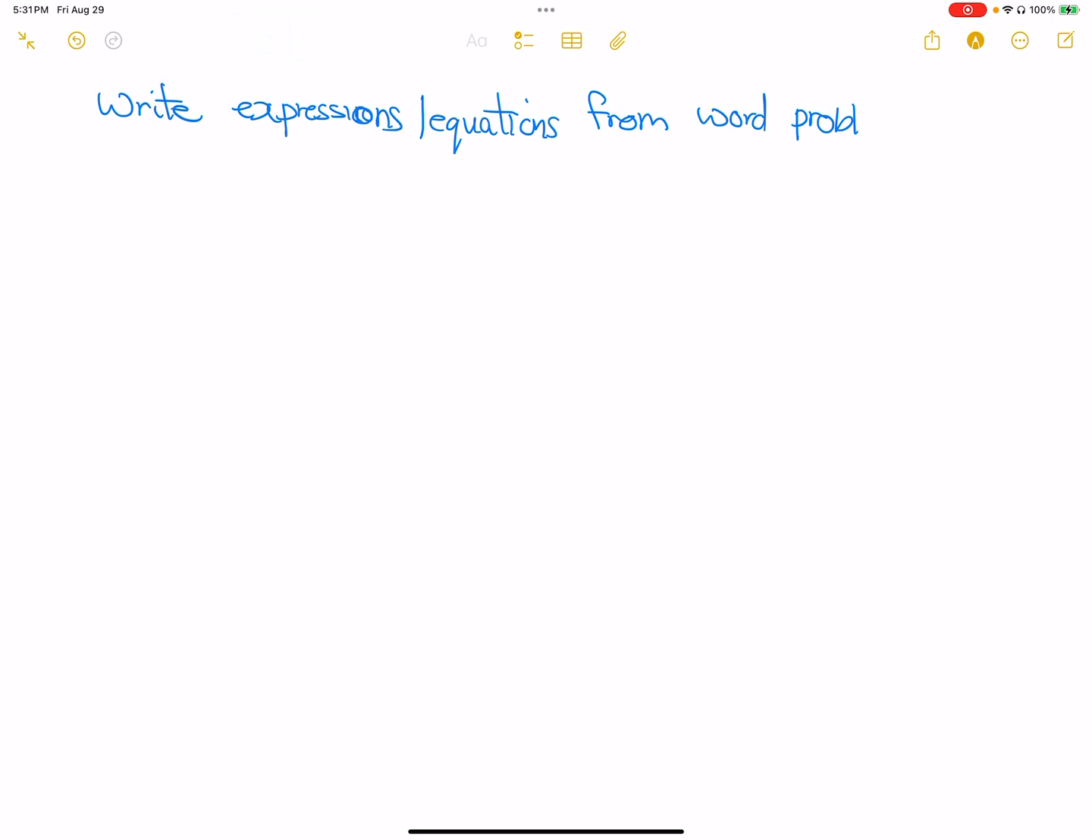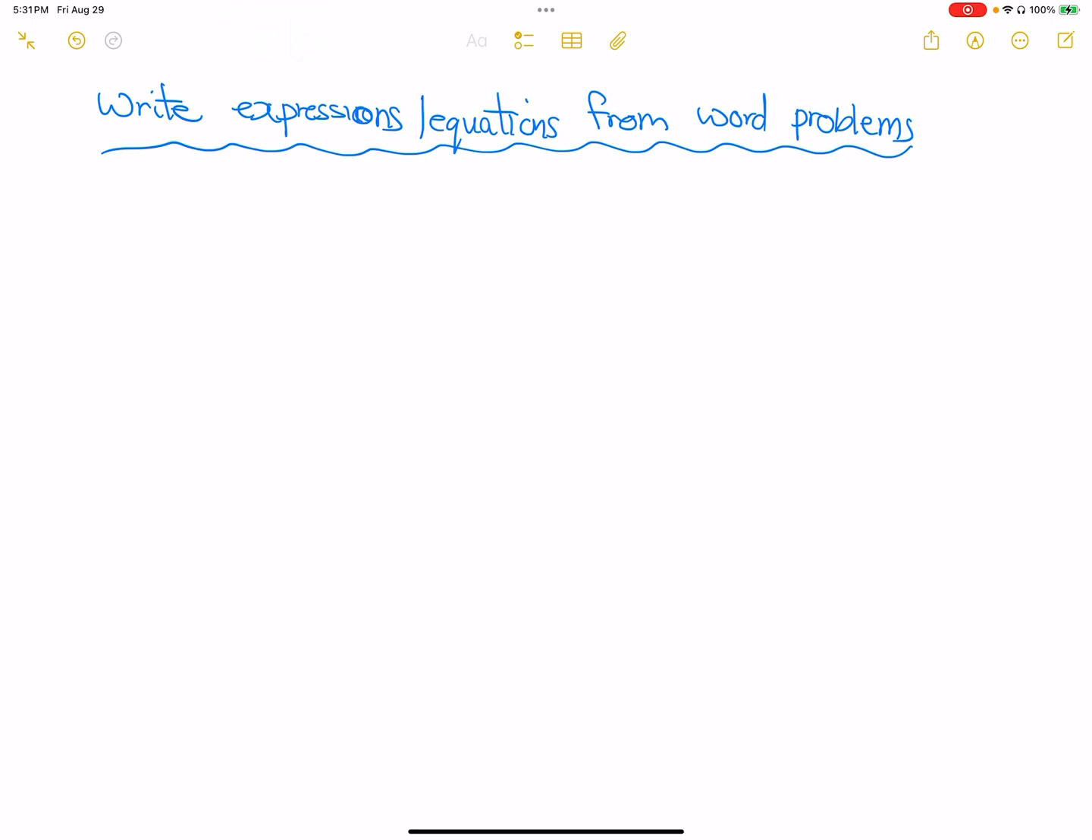Because typically you will be given a word problem and you need to put it down in terms of numbers and expressions and equations in order to solve that. So this becomes extremely important to understand. Now, let's go through some things. For instance, let's say